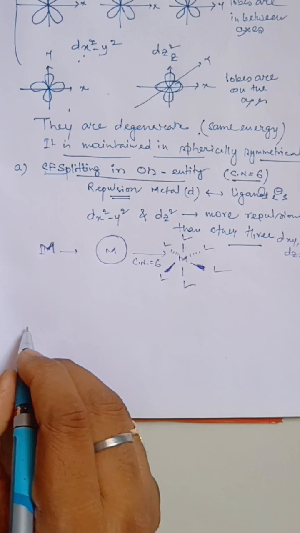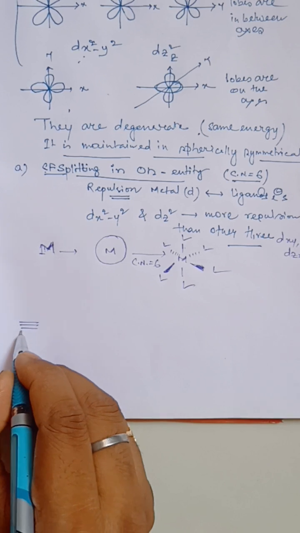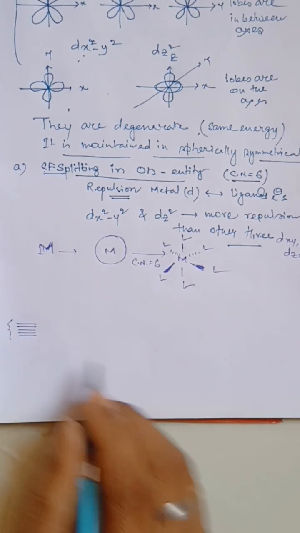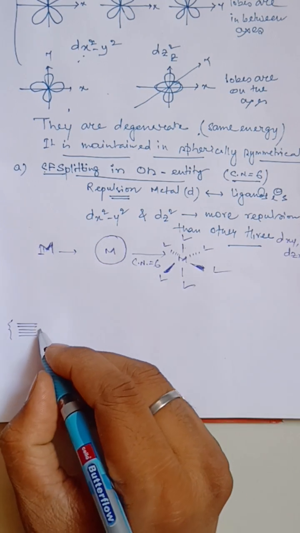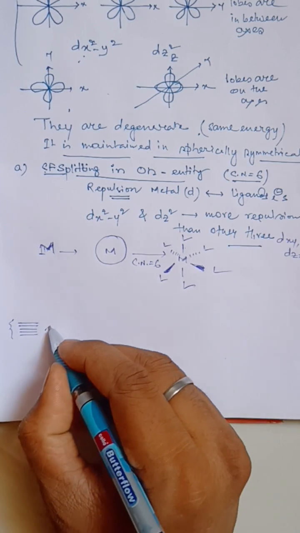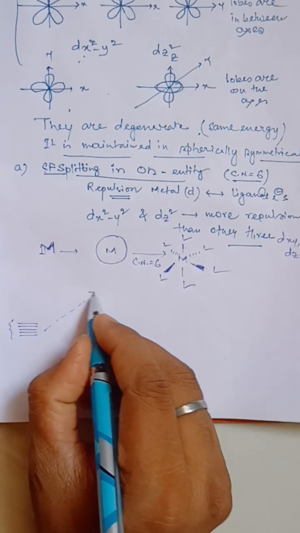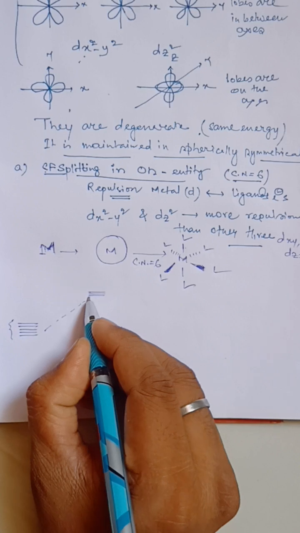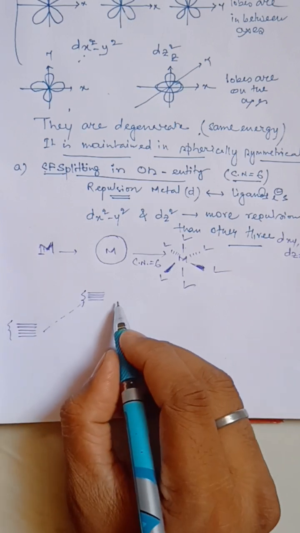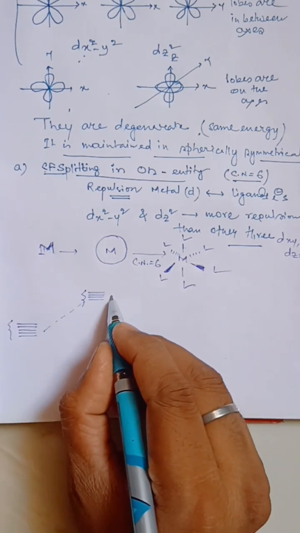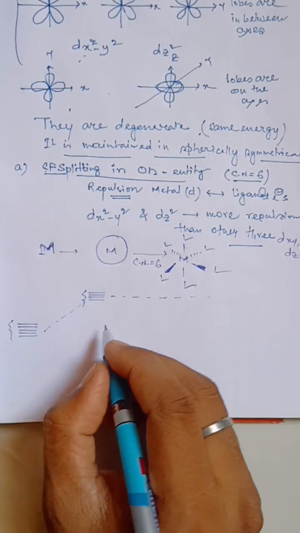So what happens? First we have 5 degenerate orbitals. All the energies of the d orbitals are the same, and first of all the energy of these d orbitals gets higher in the presence of a spherical symmetrical field. Now when the ligands approach in a particular direction, the energy of this d orbital in the spherical crystal field,